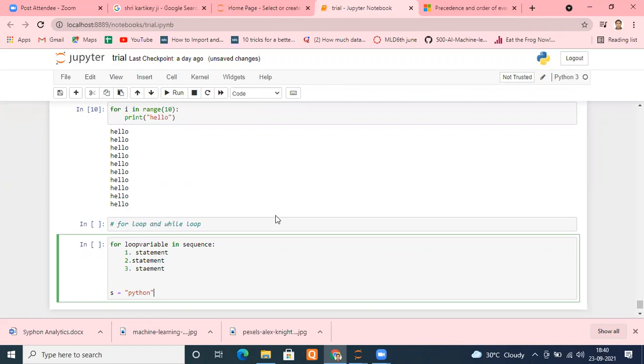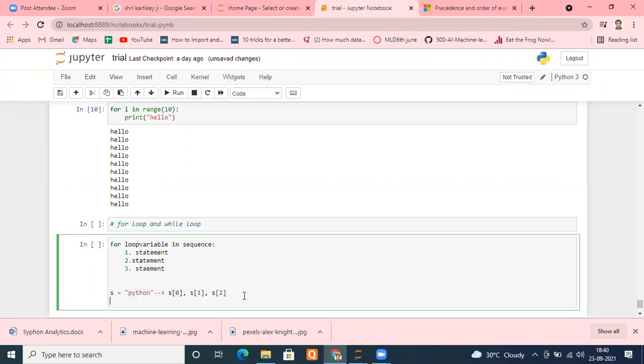And each individual element of a string you can access or not? Yes, we can do that. How? We can put indexing like S0, S1, S2, S3, and so on. This is the sequence, a sequence of characters, and every element of that we can access.